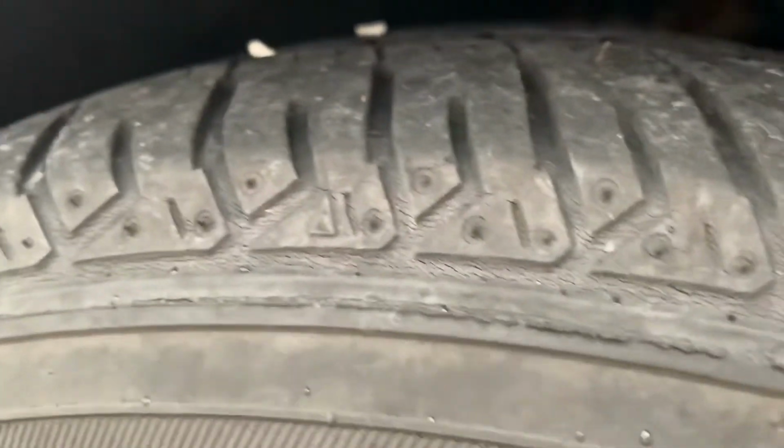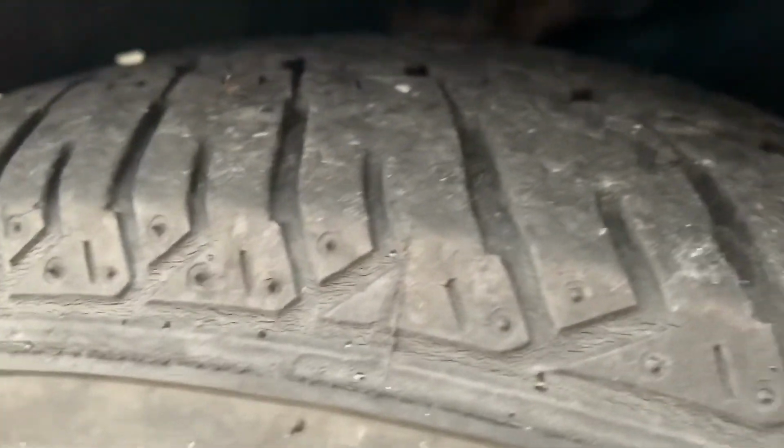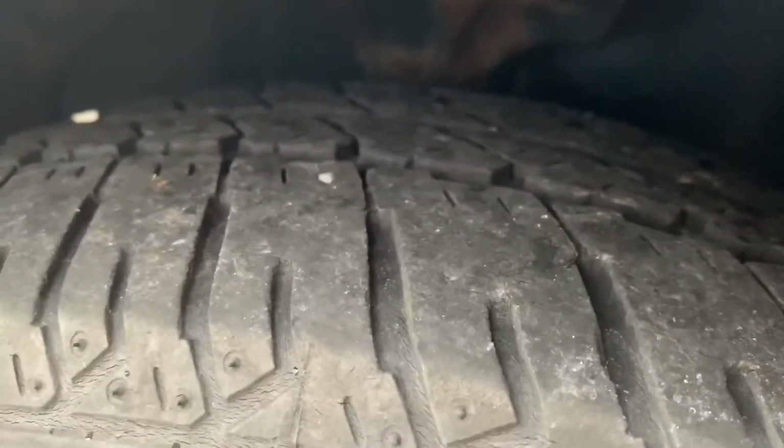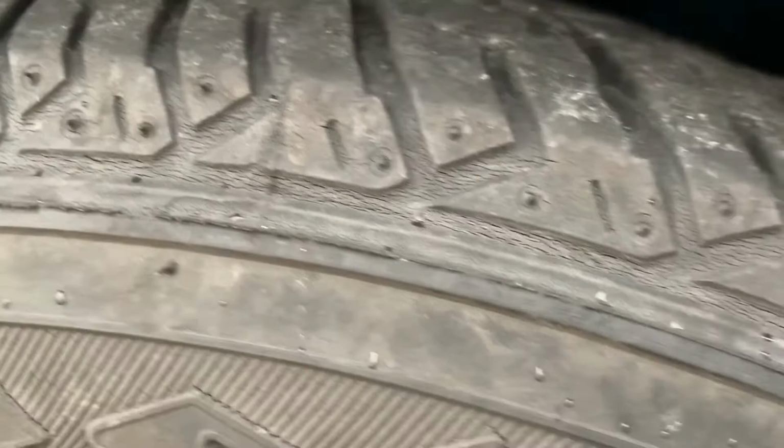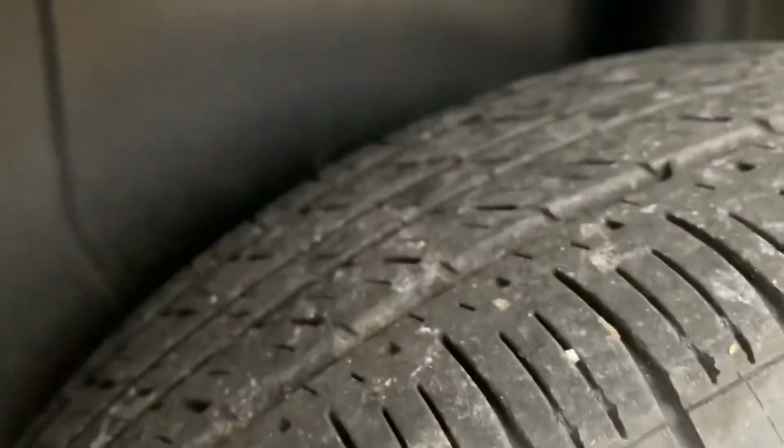As you guys can see, these tires are starting to dry rot. They're getting pretty bald. Well, the tread's actually not terrible, but they are starting to get some cracks in them. This one's actually the spare, and it's not too bad as far as the cracks go, but the tread on it's not great at all. But the other big problem,